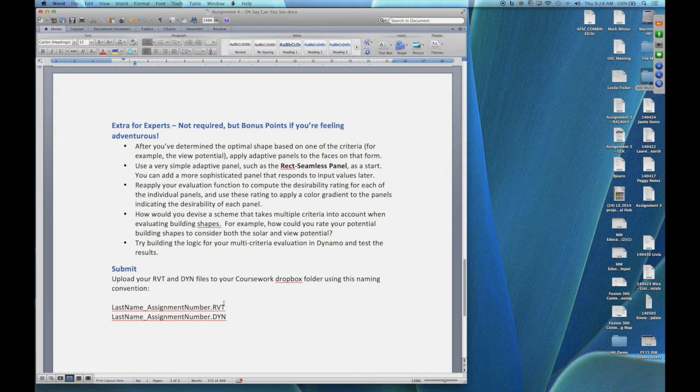Okay. Once you've devised a scheme for looking at a single criterion and optimizing for that, just think ahead to how you would devise a scheme to actually take multiple criteria into account. And you know, there's a lot of different ways we could do that. We can do that in terms of averages or weighted averages. We can do that using different